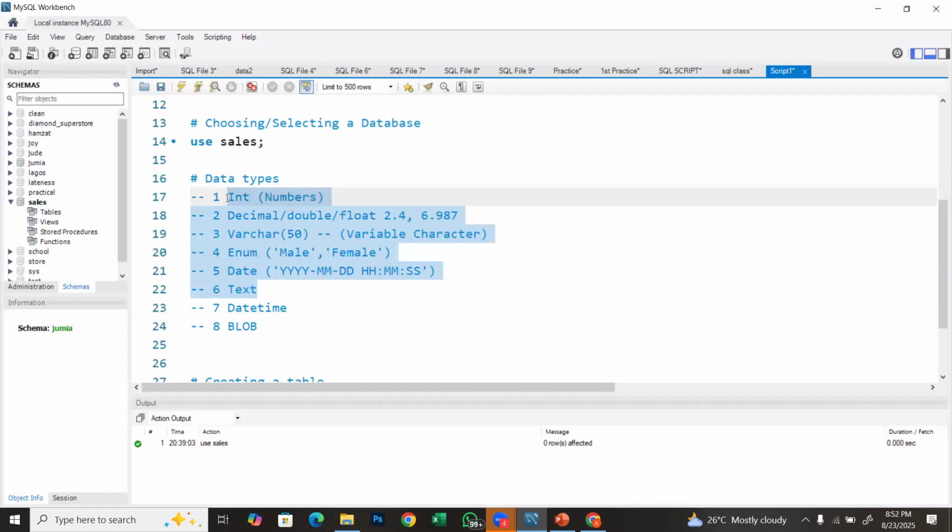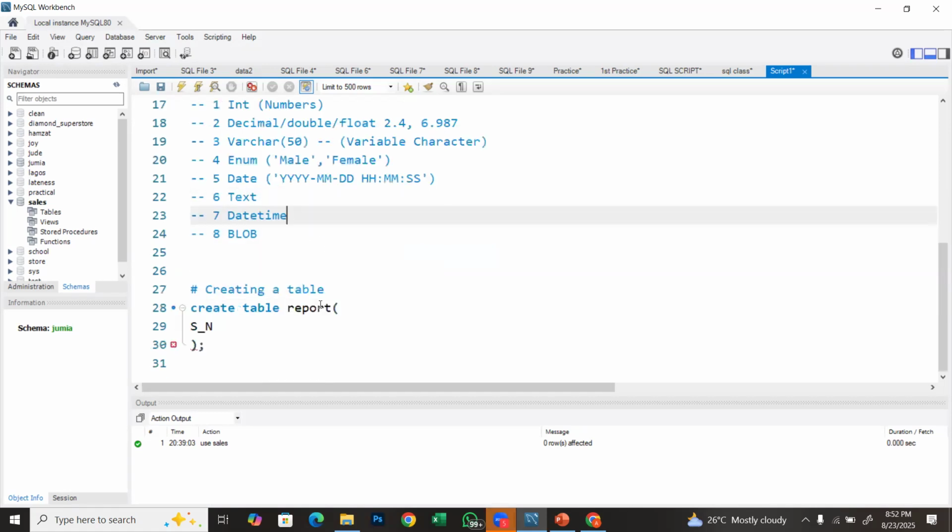Do we understand? Do we understand these data types now? Yes or no? All right. So now I was talking about creating the table, right? I was talking about creating a table. So while creating,